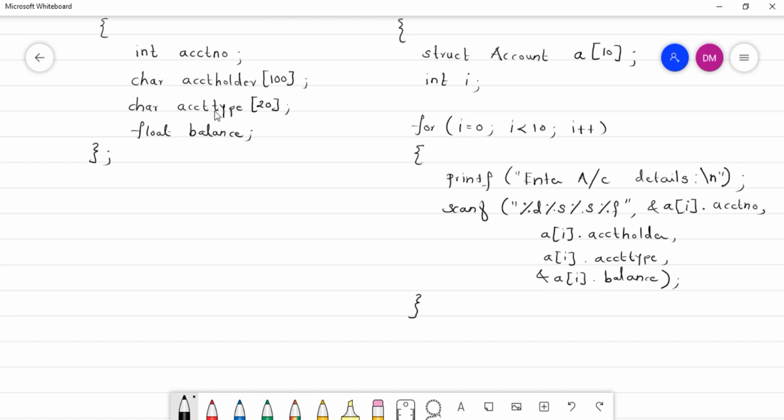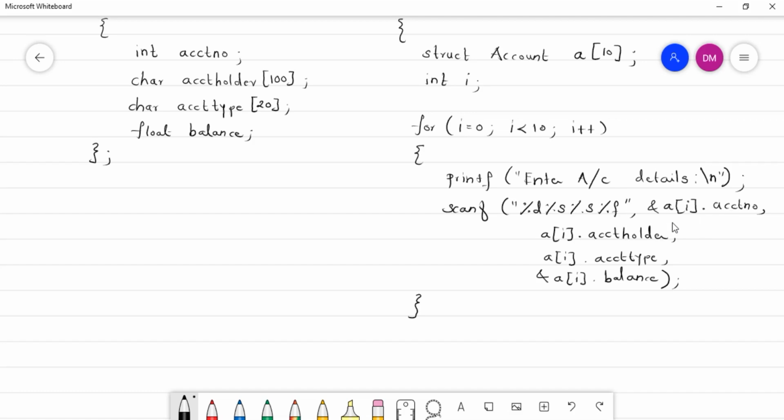It is composed of other members, like see, the account structure is composed of account number, account holder, account type, balance. So you have to accept this value individually, right? So here we specify the array name, subscript value, dot operator, and the respective member of the structure that we want to scan. Quite easy.